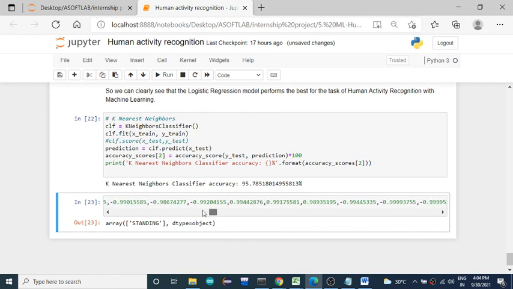Fine. You can change these values to get the results for different activities.